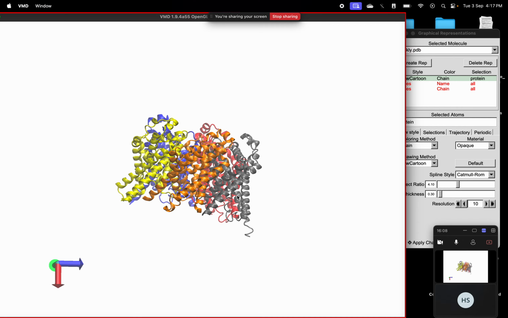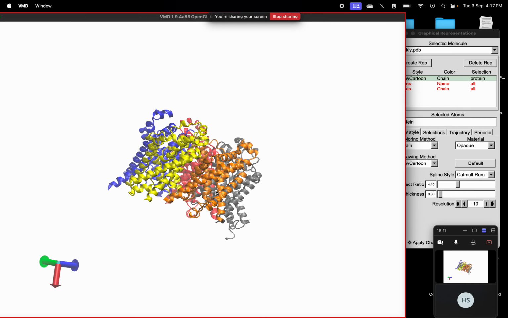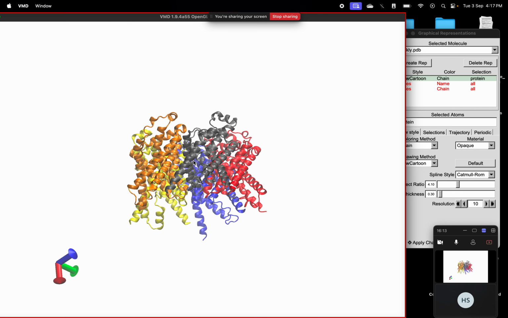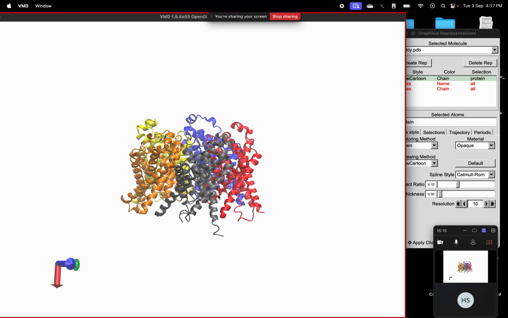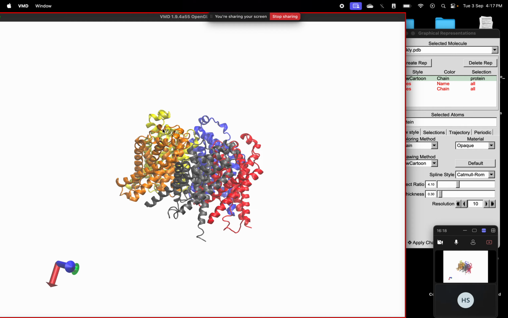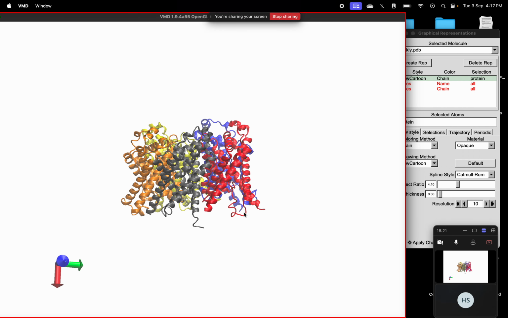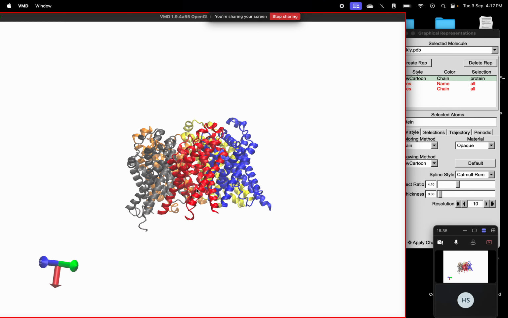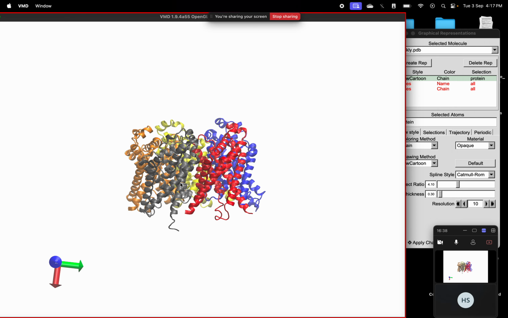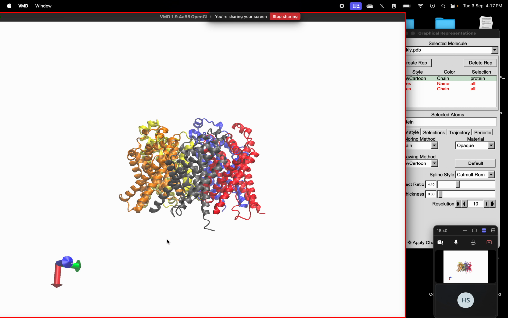So these are the N terminals of the protein and the C terminals. So this is N terminal and this is C terminal. Both N terminal and C terminal are on the same side. So consider this as the cytoplasmic side, and this is the outside of the cell, or towards the extracellular matrix side. Okay, so this is the cytoplasmic side, this is the ECM side. So both N and C terminals are towards the cytoplasm, correct? As it's a transporter,